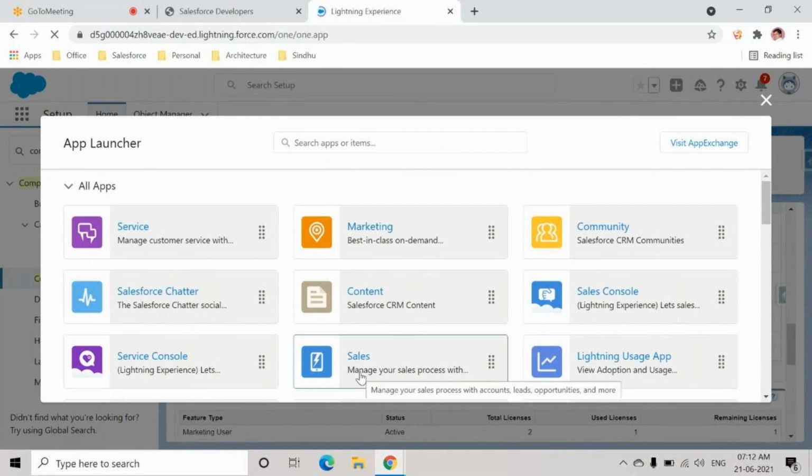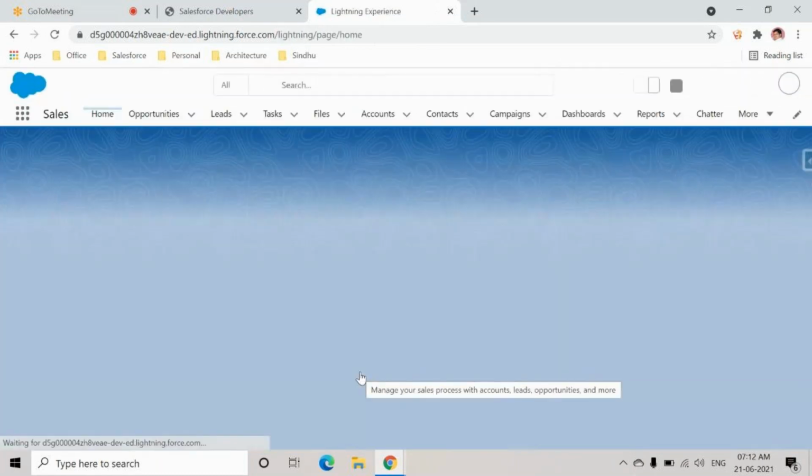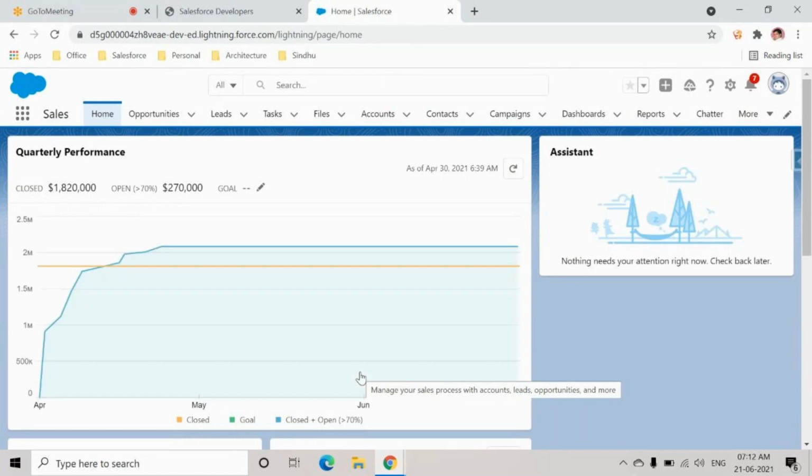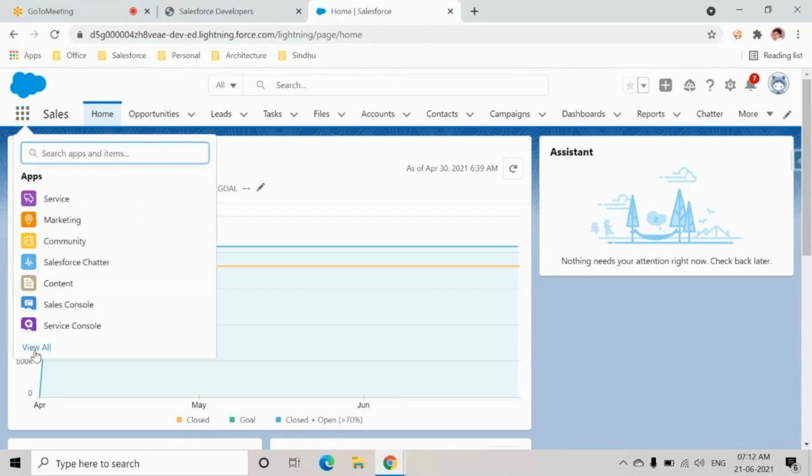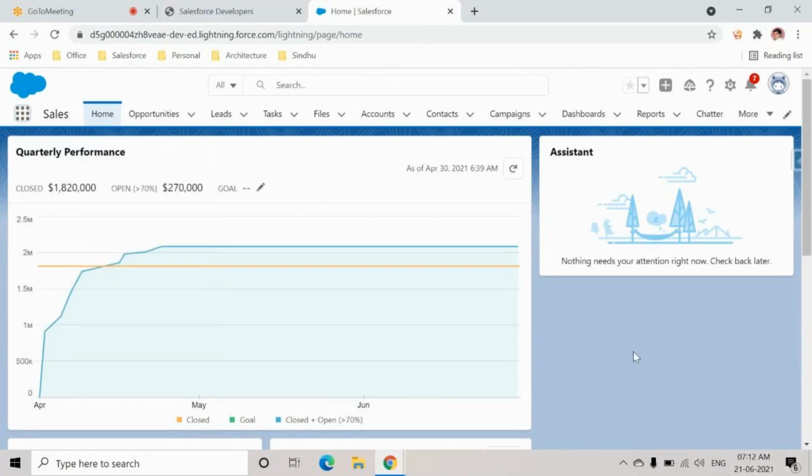I'll just hit this tab, hit the app. This is how an end user looks at it. So it might be sales or service or marketing, community or any custom application that you have defined. Whatever you said, like, this person should access this record, those things will be there. Yeah, that is about App Launcher. You can see any number of applications. Okay, and then now I'm on the application screen.